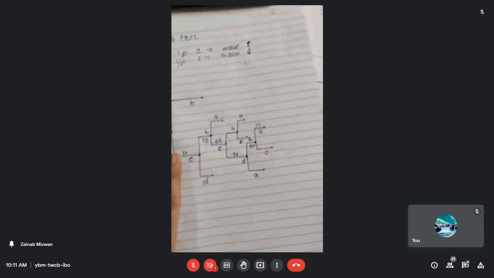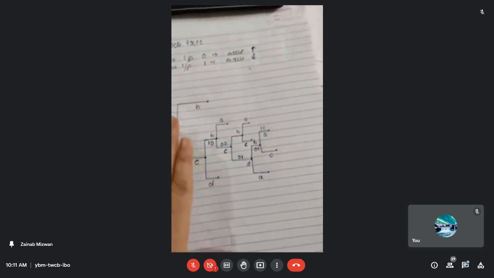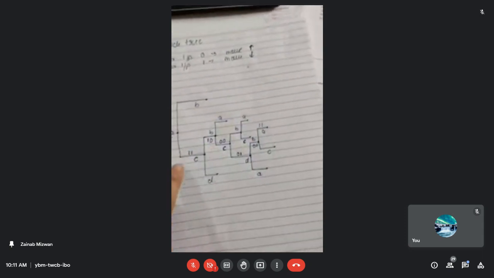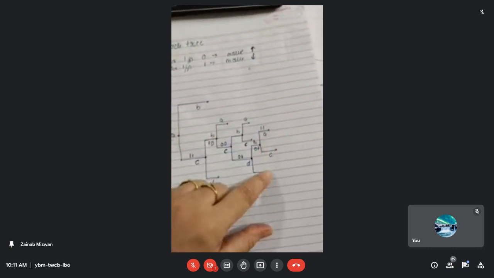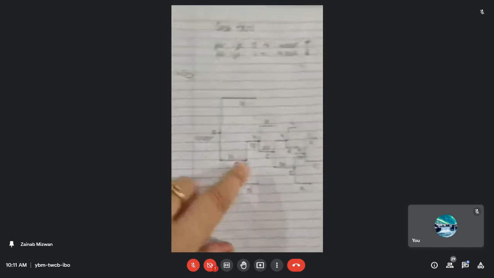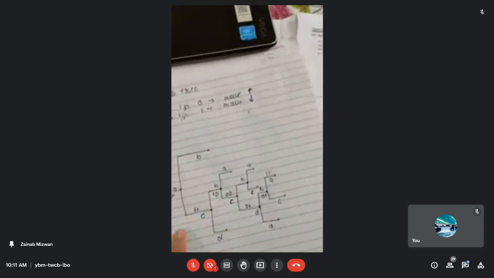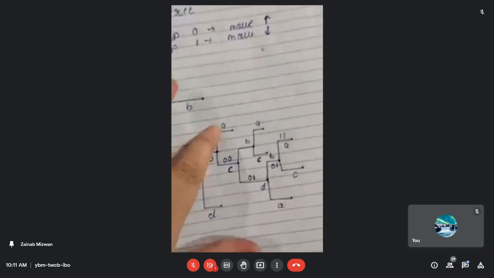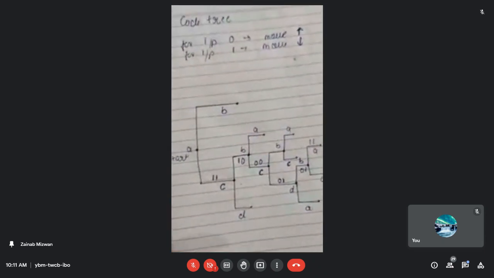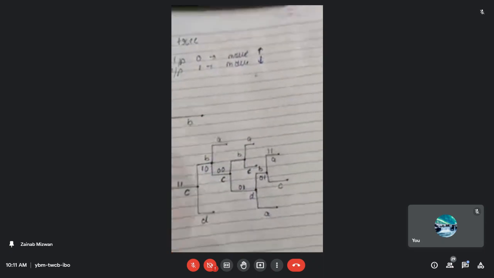ओके, सो अगेन आई विल जस्ट टेक वन मोर न्यूमेरिकल। जब तक मैं 2-3 न्यूमेरिकल कोड ट्री पे नहीं लूंगी, you won't be able to understand कि आपको कोड ट्री कंप्लीट कैसे करना है। ओके, बट आई होप ये ब्रांचेस हमको कंप्लीट करनी है, समझ में आई आपको कैसे कंप्लीट करनी है ब्रांचेस। Just looking at the state transition, हमने पहले क्या किया, जो हमारा ओरिजिनल स्टेट ट्रांजिशन था उसके अकॉर्डिंग हमने कोड ट्री बना लिया and then we have just added the branches using the same state transition table. I have added the branches over here.